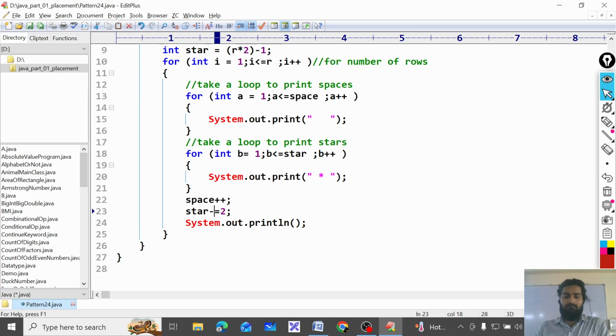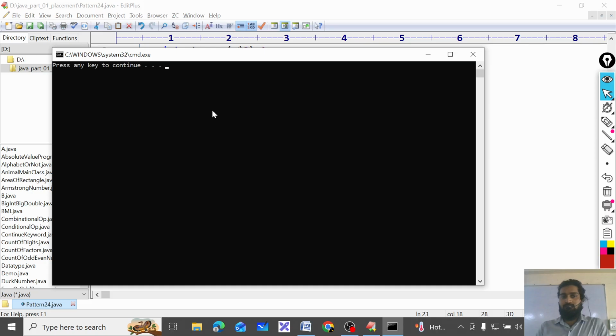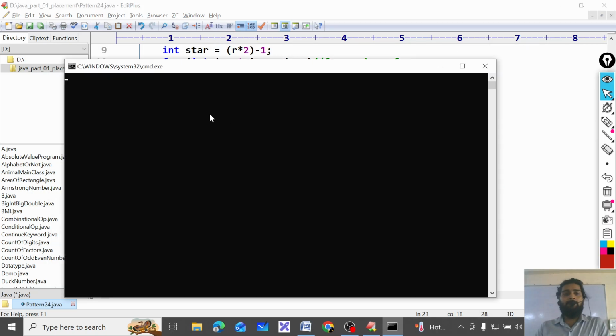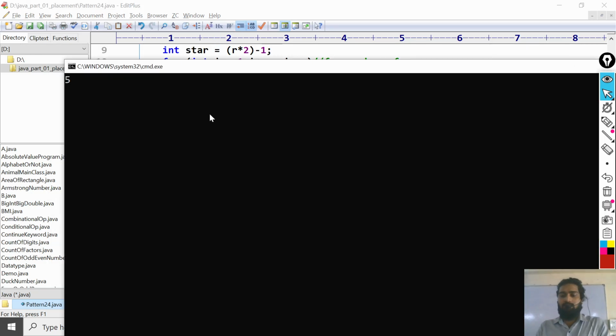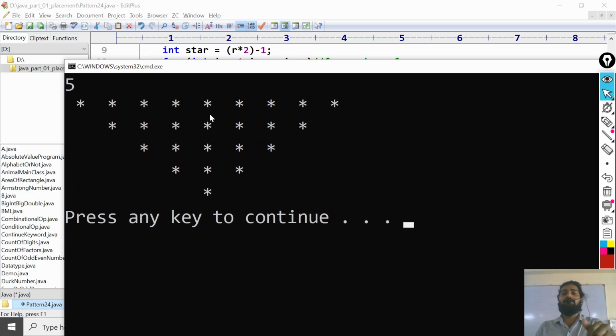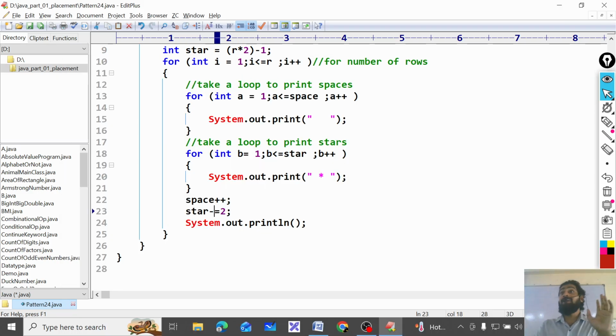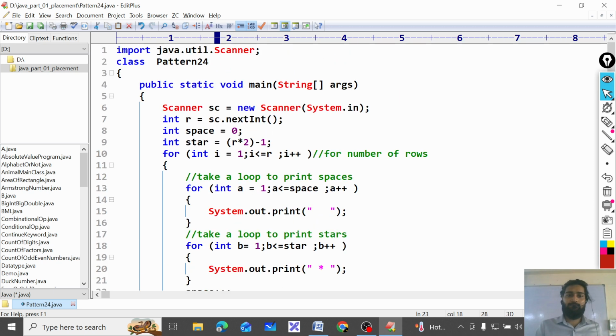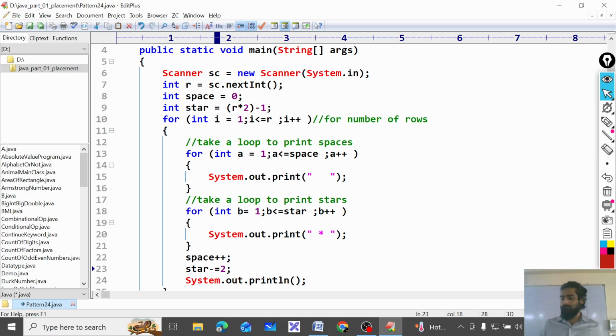Over, sir? Over. That's simple. Compilation, then execution. I will give 5 rows. So automatically you will get inverted. Very simple. I will not trace this now, because I have already traced the previous one. Same logic, just I am changing rows and columns. Come on, execute it. Very easy. Don't do how I have done just now. Rewrite the program, okay? I will kill you if you do the same change in the same program.